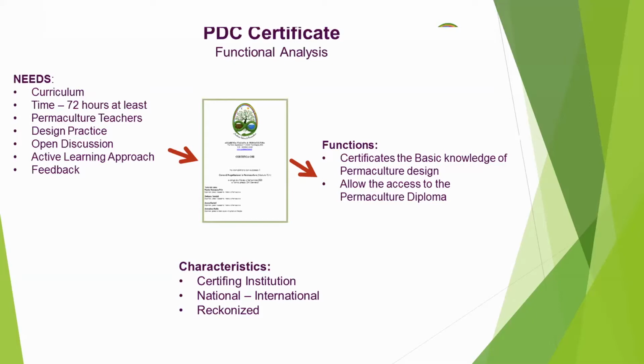And the certificates allow access to a permaculture diploma. That is actually the active learning path, the further step after the PDC course. There are several different certificates, depending on who the certifying institution is. It could be national, international, recognized or